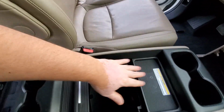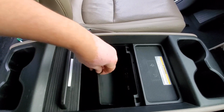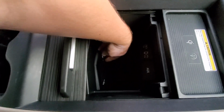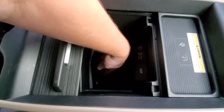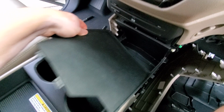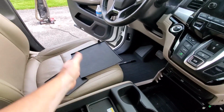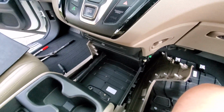First, what you're gonna do is open up your sliding thing if you have it. You will find a tab on the rear of this little rubber mat. Pull on the tab, it will expose two screws that use a 10mm socket. Pull those out, leave the screws in there. On the front, you will find there's a little tab. You just pull out this rubber underlayment, and you'll find two screws over here. Once those are pulled out,